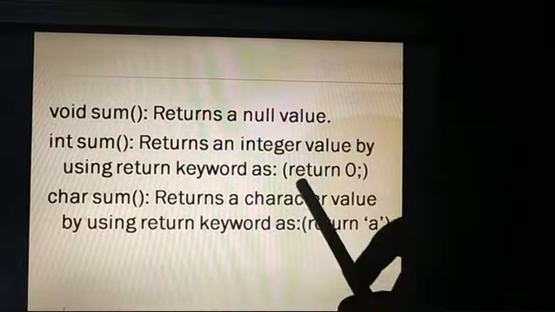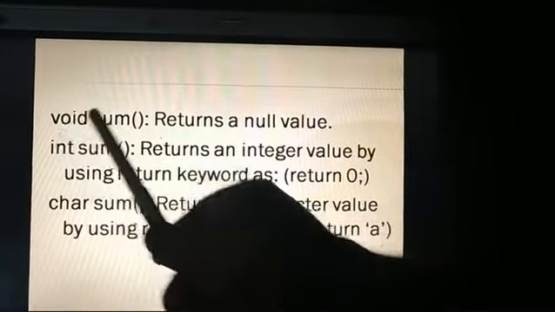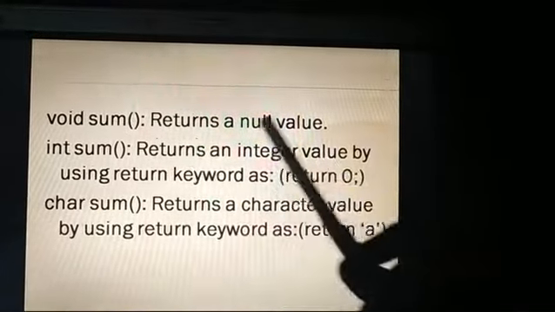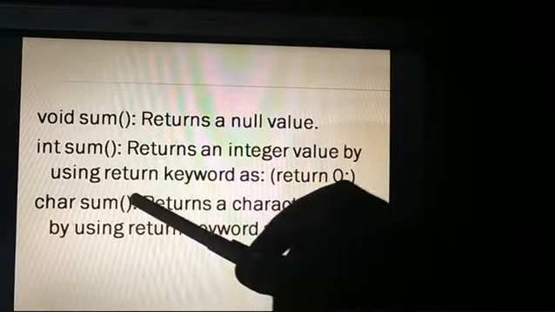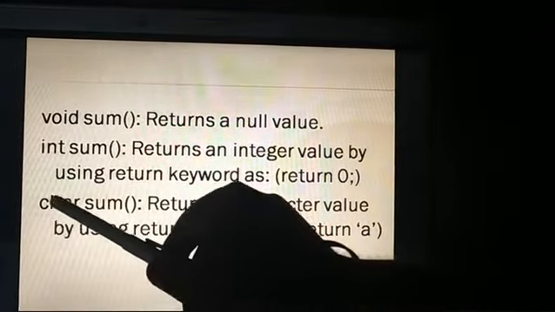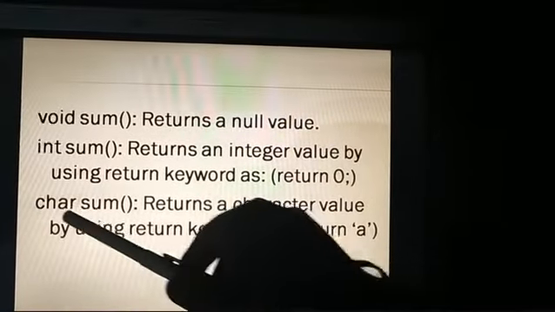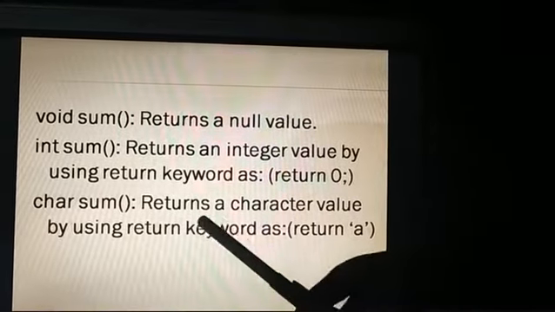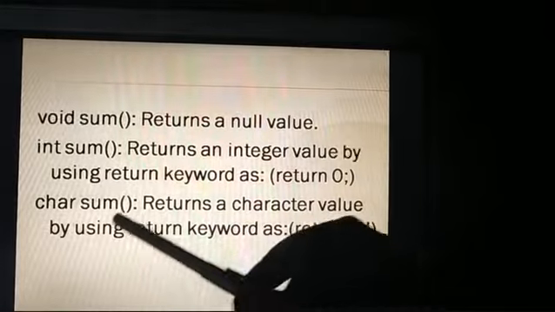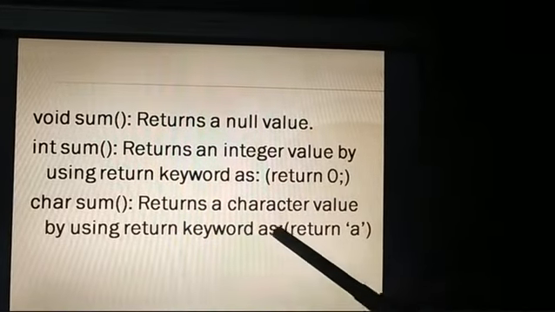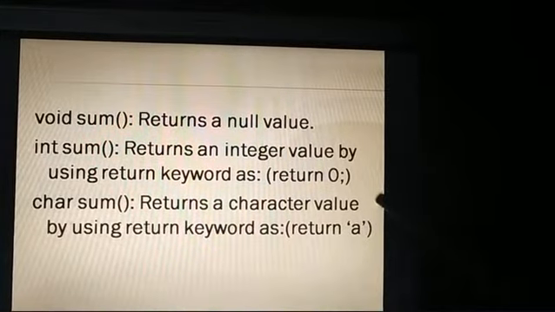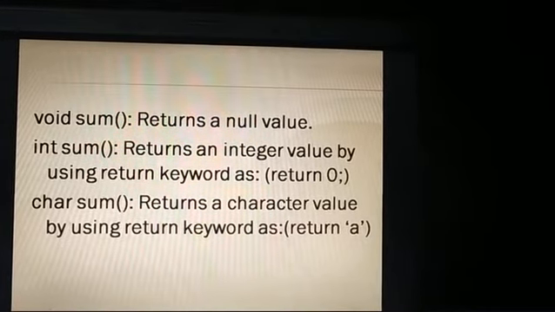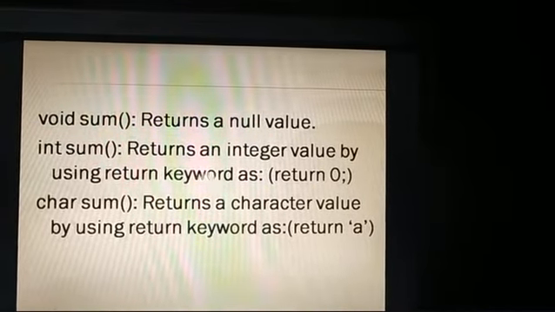It means if it is mentioned that int, then at least the function is returning 0. The next function is what? Sum only, but the return type is what? Character. Char is written here. So this will return a character value by using the return keyword. Return means it is returning some value, some character. So we'll move to the next slide.